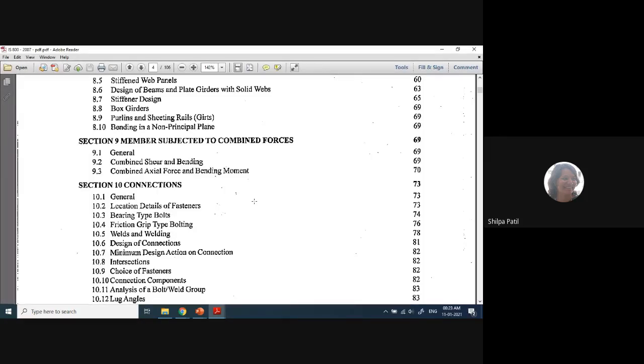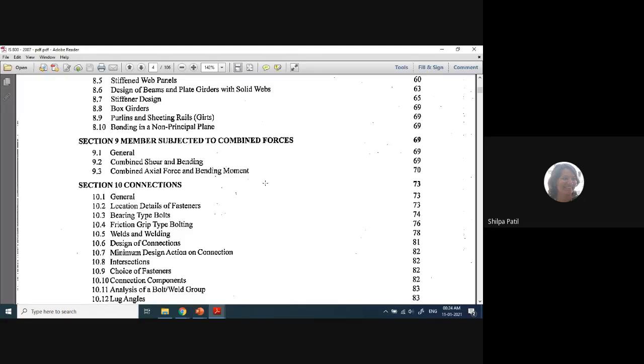So why am I reading the index? I did not read the index for RC, that is IS 456, because in IS 456 we required only some of the clauses, and those clauses were given in various sections throughout IS 456. So I discussed only those pages and those specifications. But here, all 10 sections' knowledge is required when we use IS 800. Only the ninth one is not included right now in your syllabus. That's why I told you it is not required.